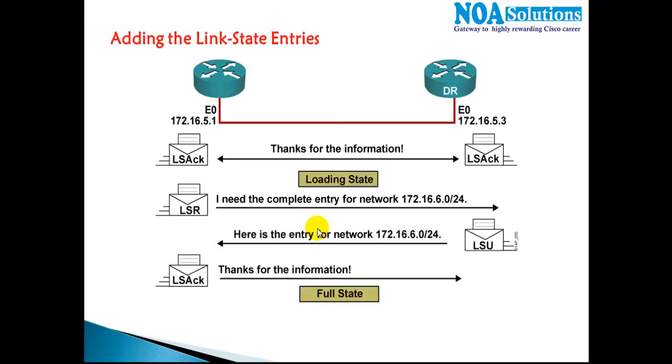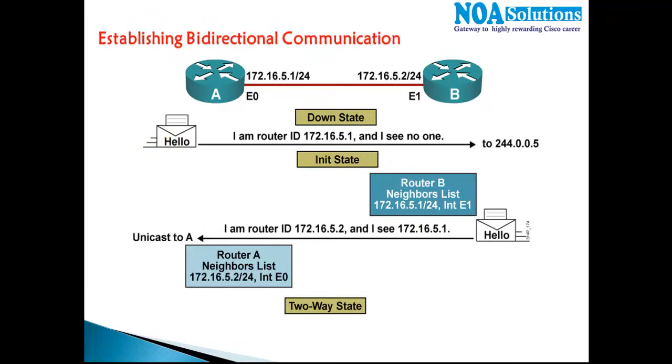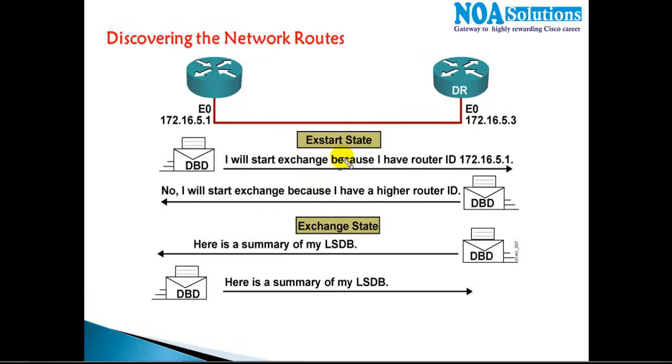So understanding the router ID is really important before you go ahead with the ExStart stage. Like the fourth stage, if you remember, what is the fourth stage we have discussed? Now there are three previous stages we have discussed: the down stage, the init stage, and the two-way stage. Now the next stage, the fourth stage, will be the ExStart stage, where they will decide who will start